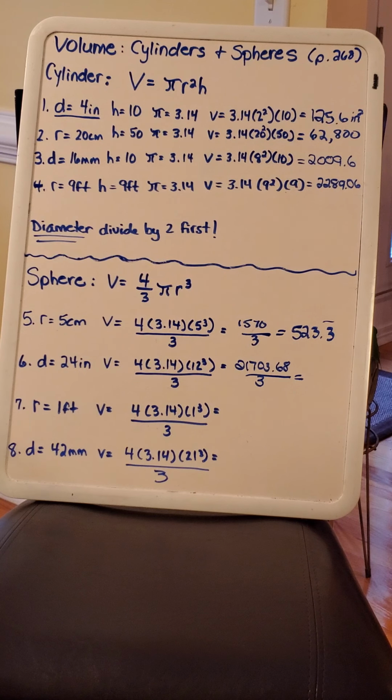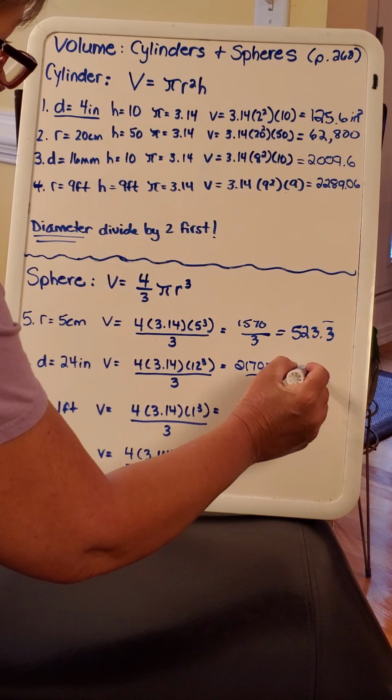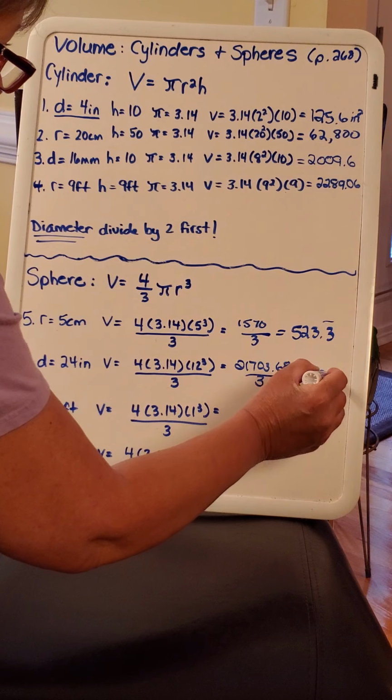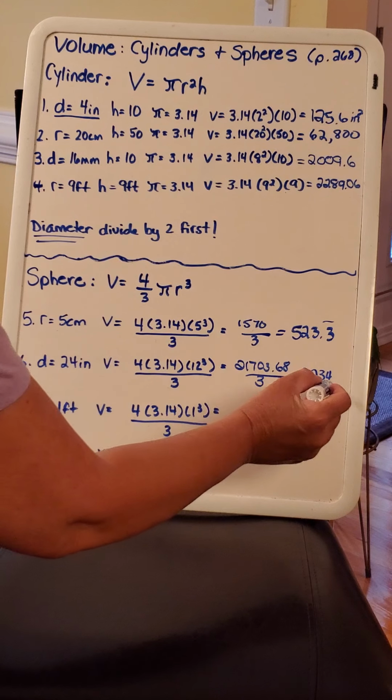So dividing by 3 is going to be the last step each time. So 7,234.56